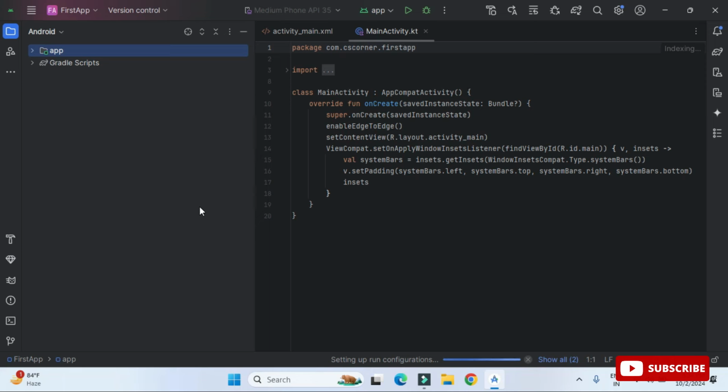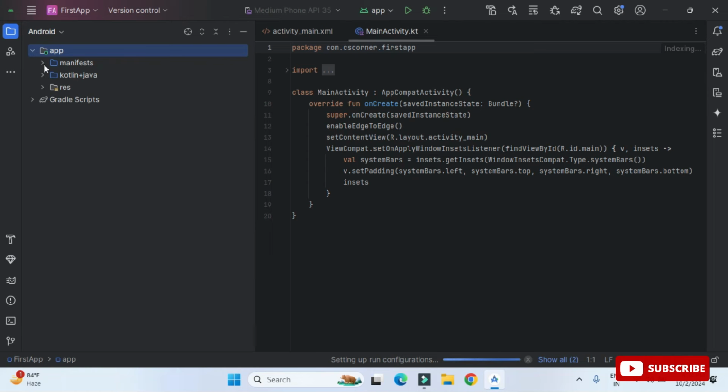Now here at the left side you can see it's showing me my project, and here it's showing me my MainActivity.kt file. Let me first explain the different folders which are created when you create any Android application. Here you can see we have my app, nothing but my project name.